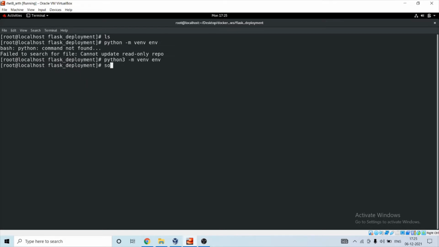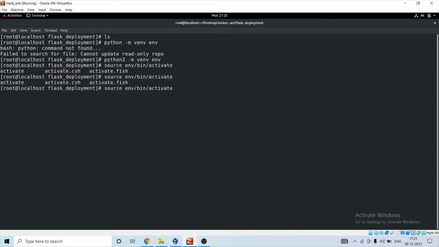So let's activate our environment. Source env/bin/activate. So we are inside our newly created environment. Let's install the Flask library.